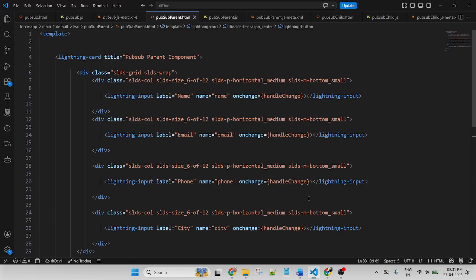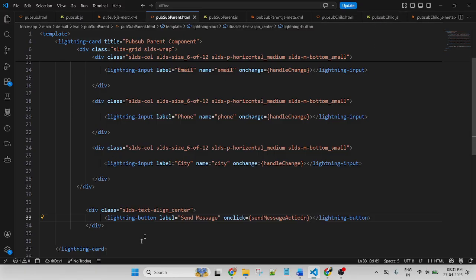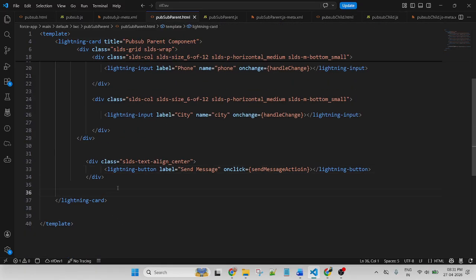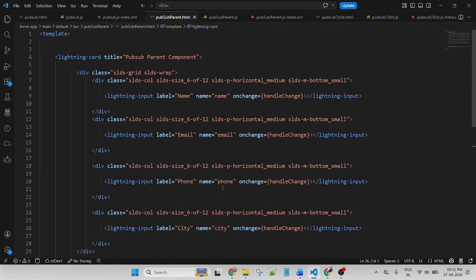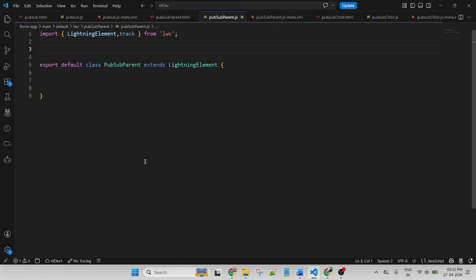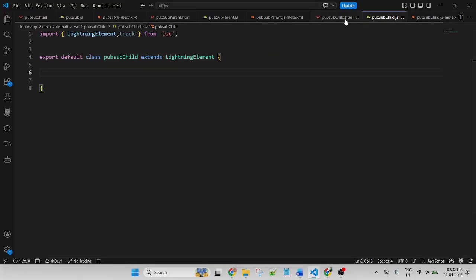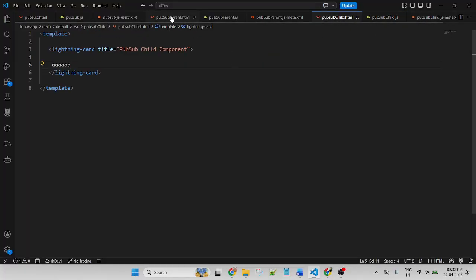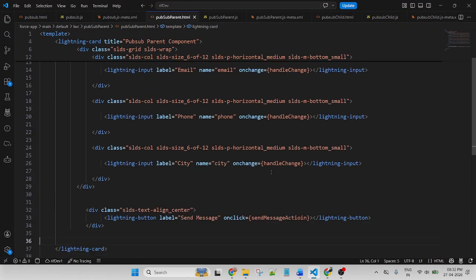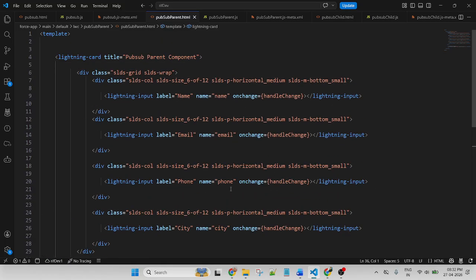In the previous session, in my 5-day master class, I called the child component from the parent component directly here, you remember. But here I am not calling. So how to pass data if not calling each other? So first I want to work on the parent component, how to pass.